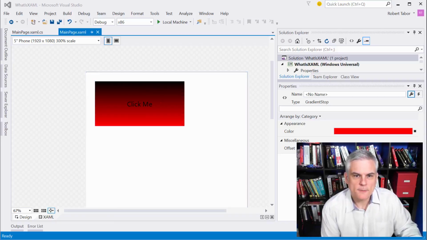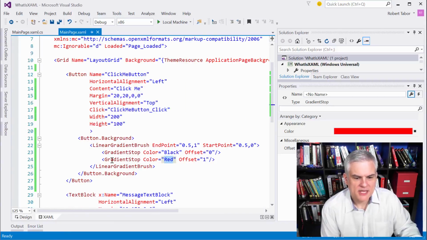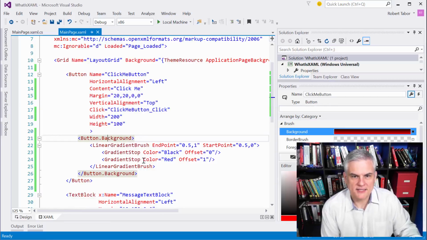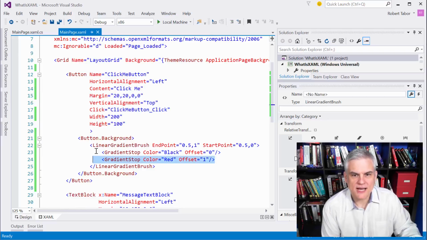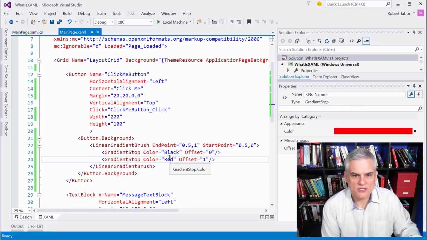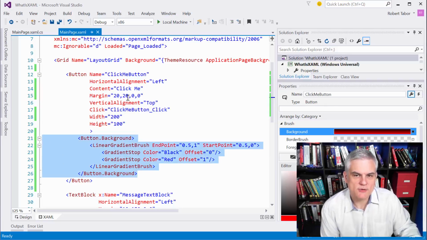Okay, so you can see that as we go back to the XAML editor. If you do want to define a linear gradient brush, you have to supply quite a bit of information here. You have to not only give it the colors that you want to use, you also have to give it a collection of gradient stops and their offsets, where one color starts and the other color stops. Okay, while this does look like a lot of additional XAML just to represent a color,